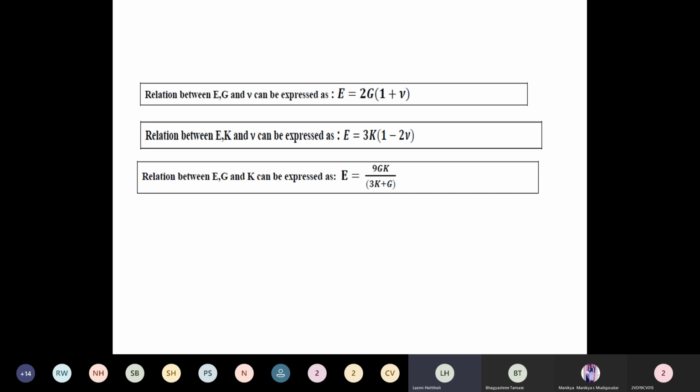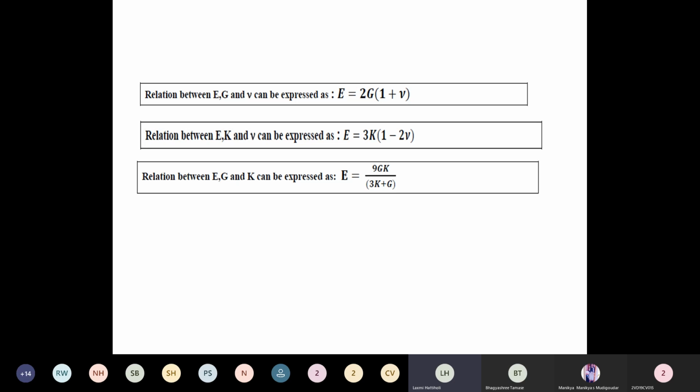Now let me show you the three equations once again. These derivations you need to practice, and you should remember all these three equations. Later I'll tell you why these three equations are important. Let me read these equations once again. We have derived the first equation between E, G and mu, that is Poisson's ratio: E is equal to 2G into (1 plus mu). Instead of mu, previously I had taken 1 divided by m, one and the same. Add this in your formula list.